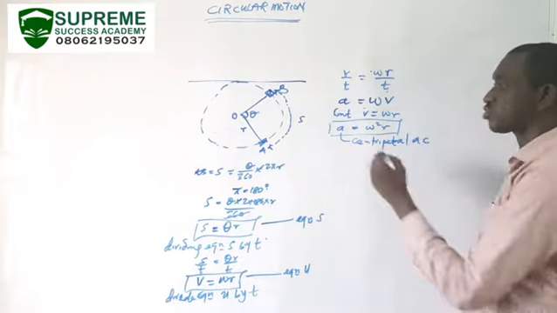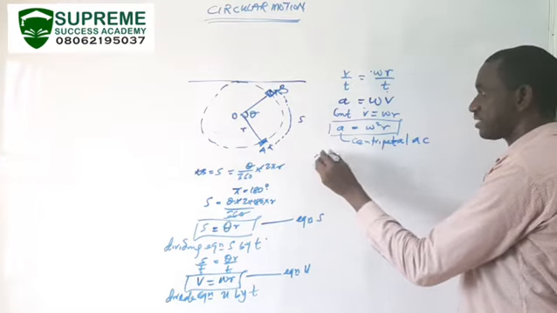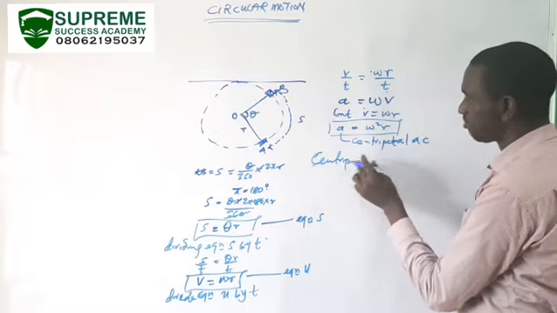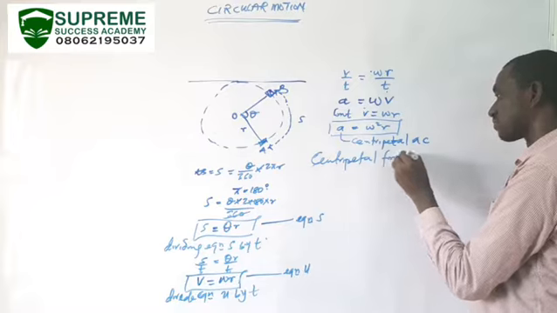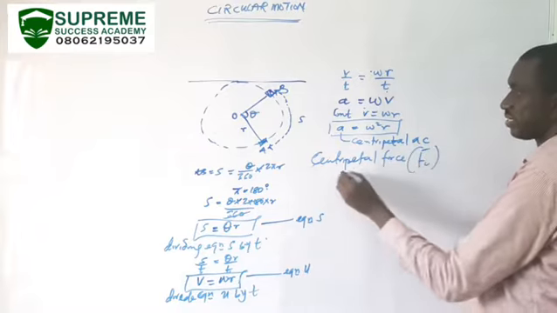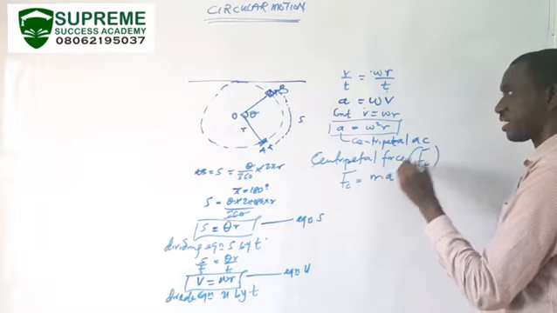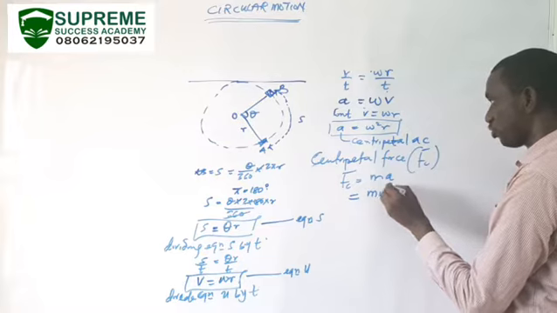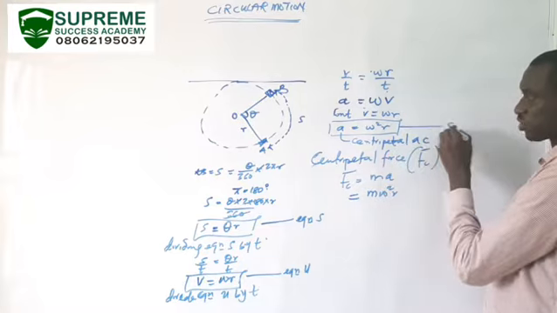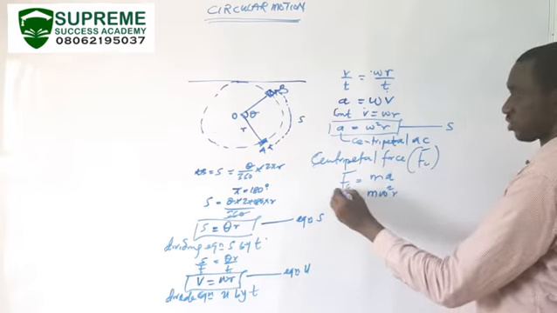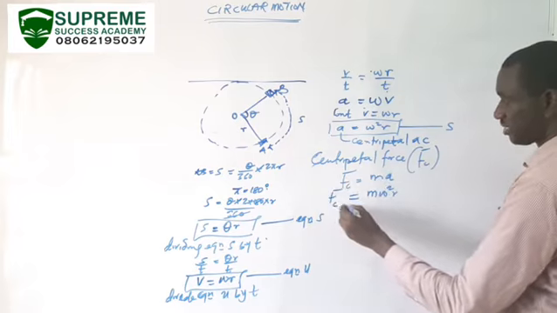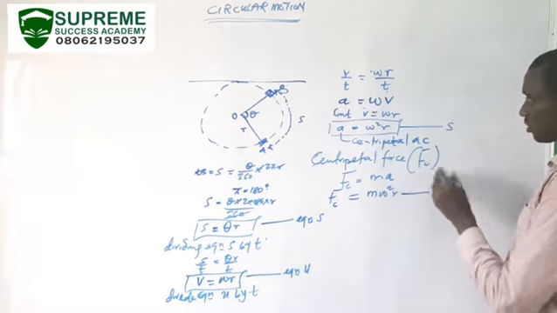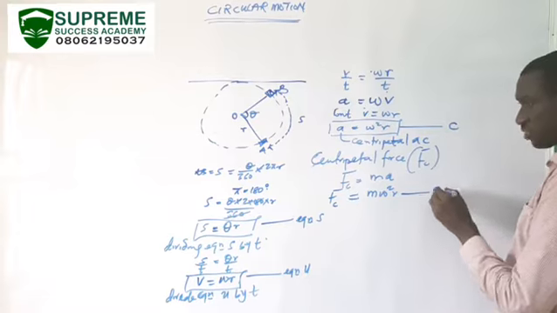So this now leads us to what we call centripetal force. Question will ask you to derive the formula for centripetal force. So we say F subscript C. Force, we all know that force is mass times acceleration. But your centripetal acceleration is given by what? W squared R. So just call this one equation S. Substitute it into this equation. You have your what? You have FC equals MW squared R. So call this guy equation C.